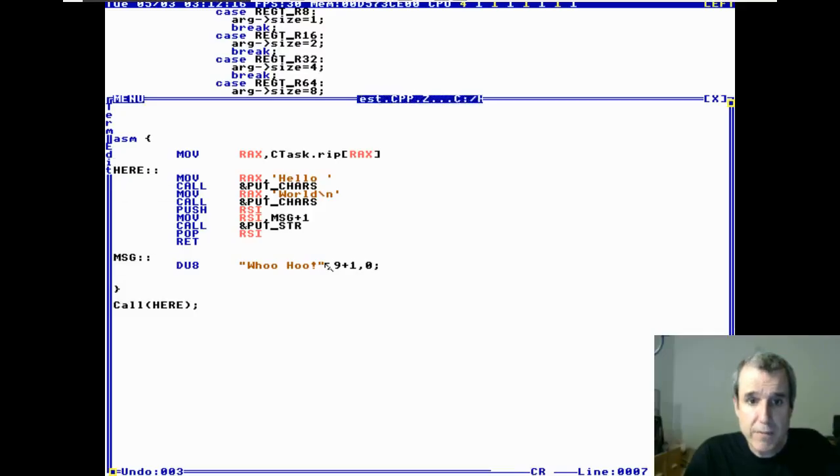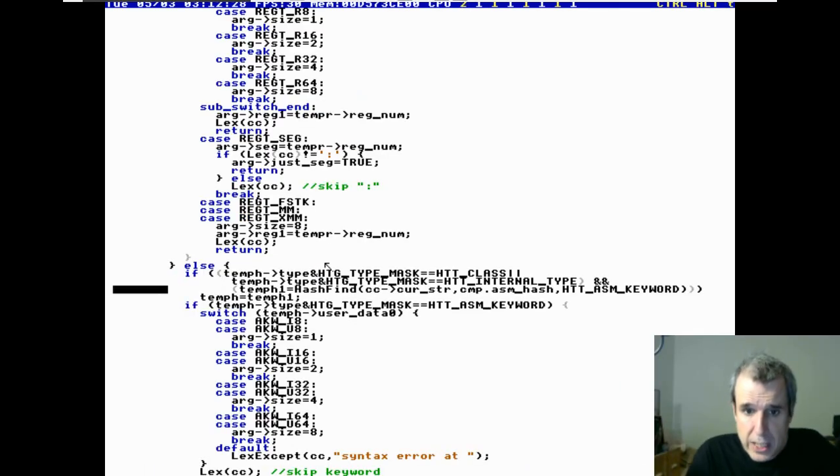Okay, so what we have here is we have a class, a C task class. So it's an offset. I think, why are we not doing an expression? I thought we did an expression. Now if it's a class or an internal type or a keyword, oh, okay. What it's doing right here is